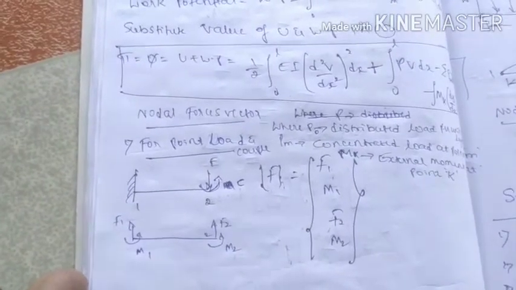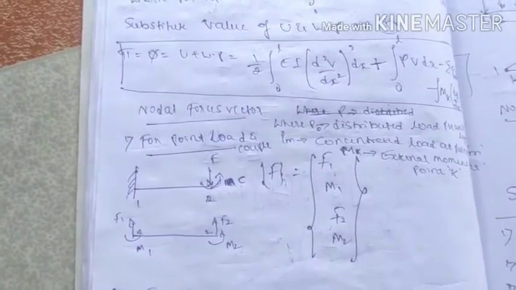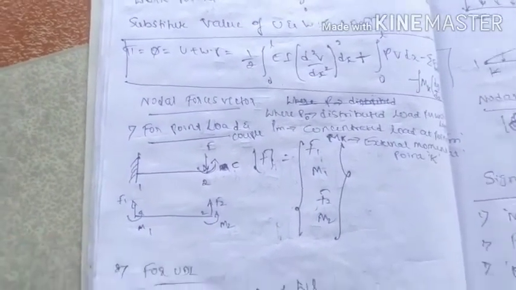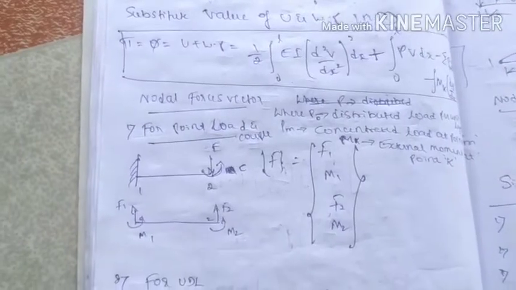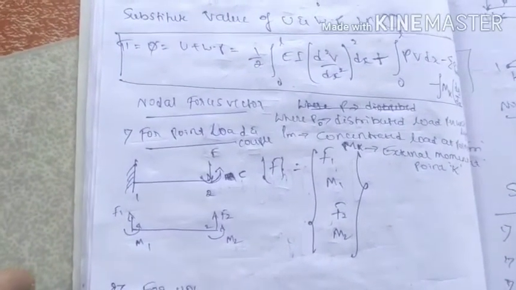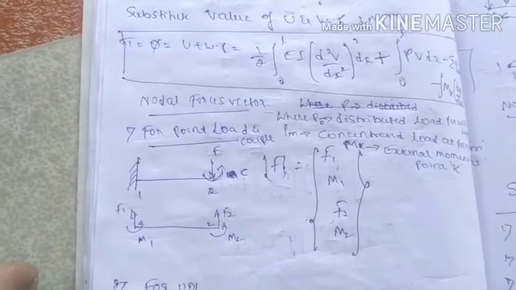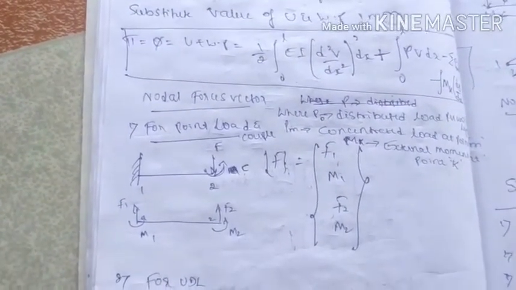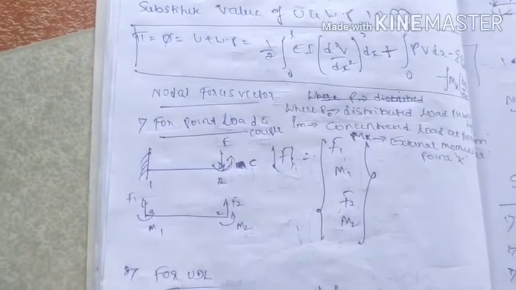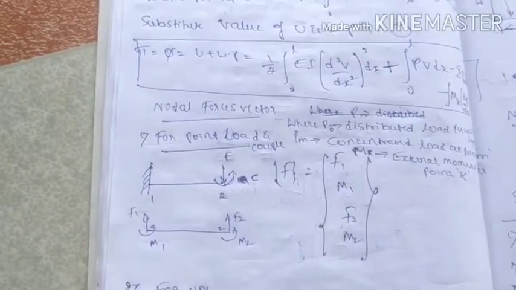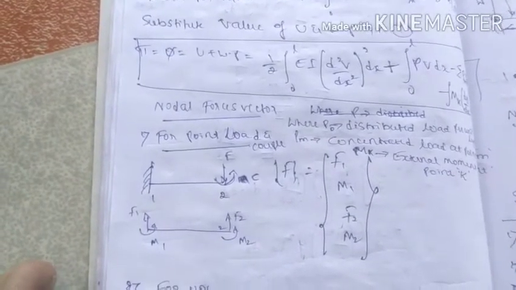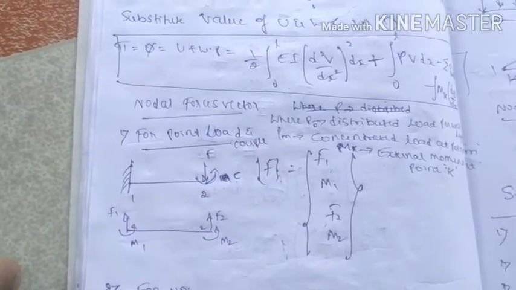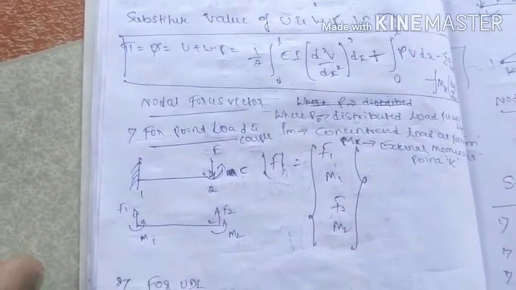Then you need to find the global nodal displacement as well as nodal force. And finally you have to substitute in the equilibrium equation, that is KQ is equal to F. Then finally we need to find the reactions, as well as the deflection, and if they ask for bending moment and shear force also, you need to find them. Therefore the nodal force vector as well as the displacement vector is a very important thing.